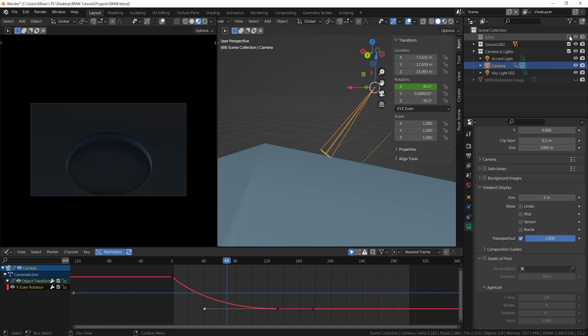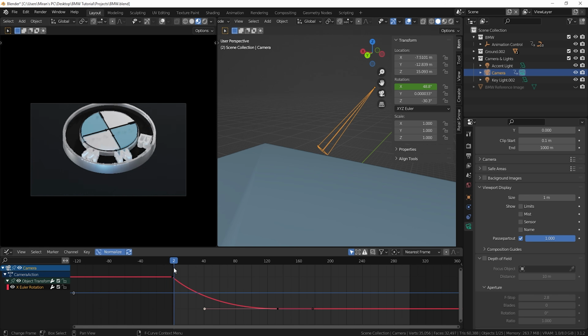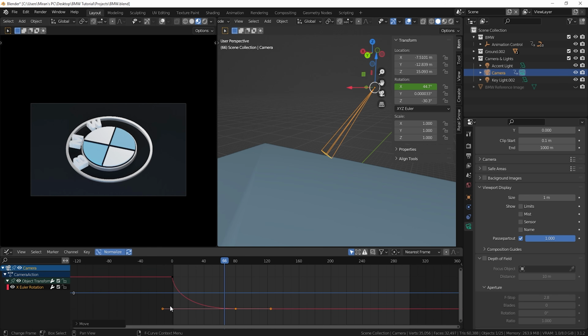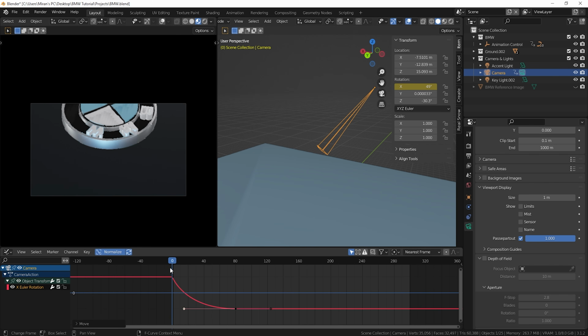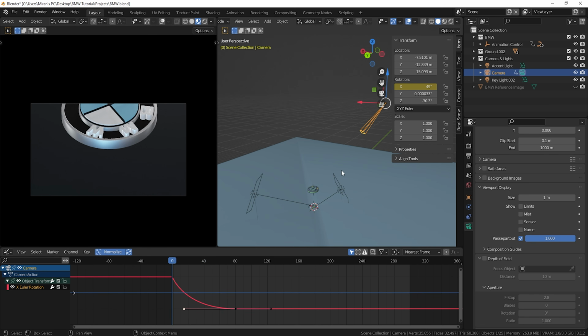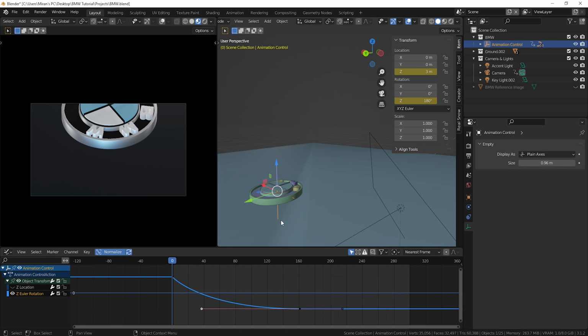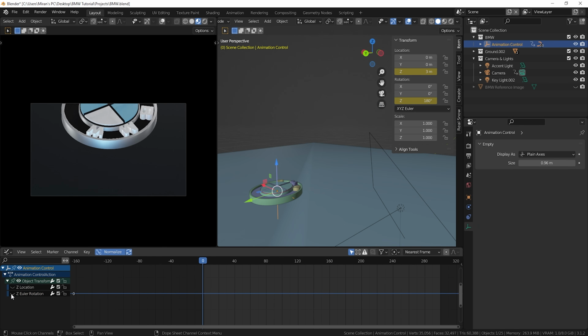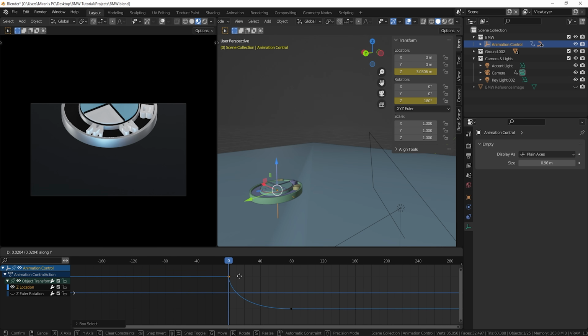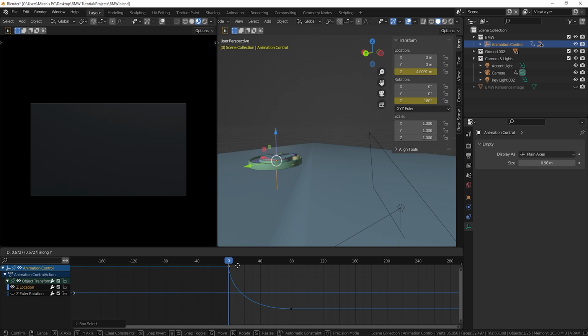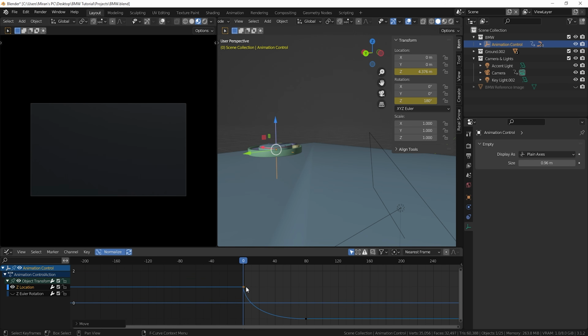And we can now re-enable the BMW logo to see how that fits together. And we want this to come in even earlier. And in fact, we're gonna have to push the BMW logo even higher so we don't see it at the beginning. So we'll zoom in here, make sure we select the empty object, and then we can hide the rotation and bring up the location. We'll select the first keyframe, hit G and Y to move it up on the graph editor right until we can't see it in the camera view. And now we start with this sort of empty scene and then play, and we have the logo revealing itself. In fact, we could even move it even higher. So